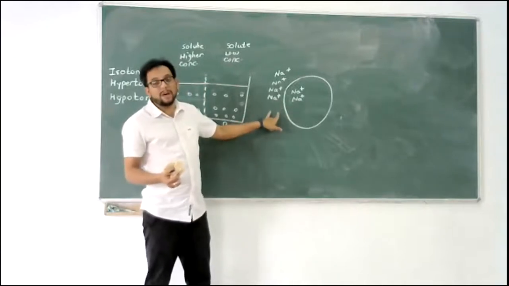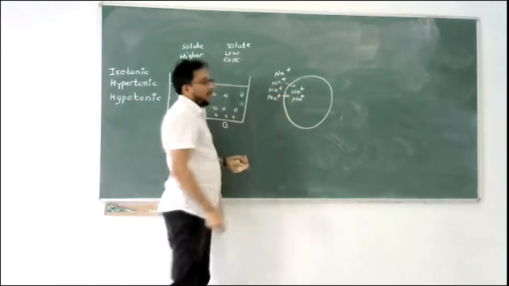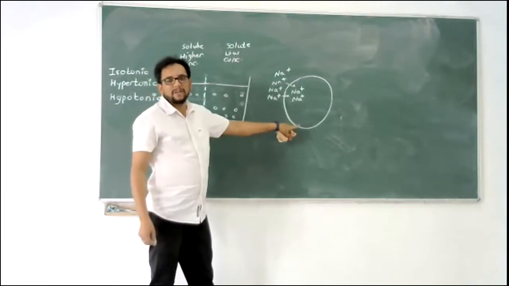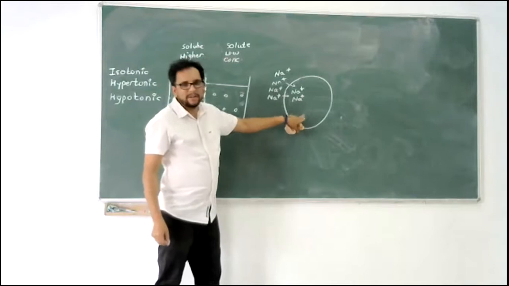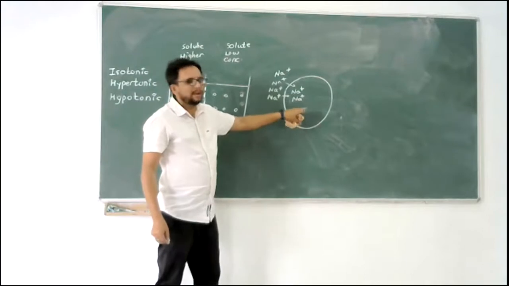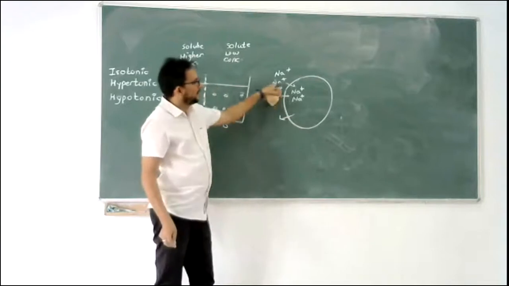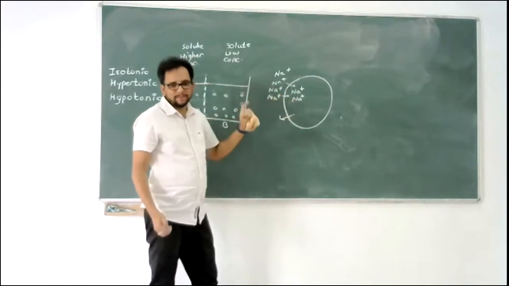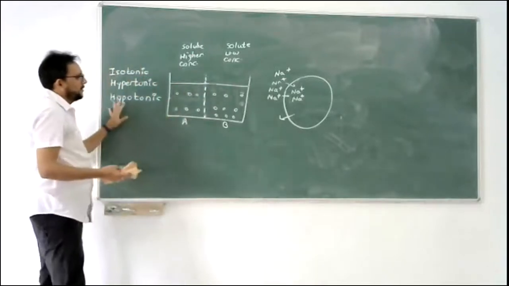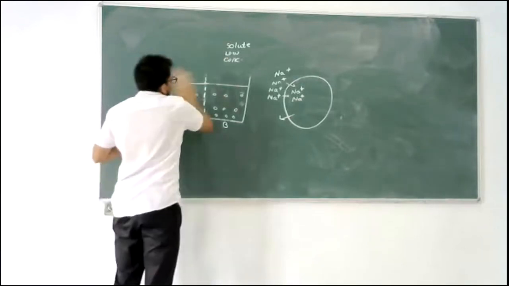If diffusion has to happen here, diffusion will happen inside the cell, right? If osmosis has to happen here, osmosis will happen in the reverse direction because the water will be more here with respect to the solute concentration. Because solute is less, so water will be more. That is from dilute solution, it will move outside. So that is your osmosis. This will be your diffusion process. Okay, so I hope the differences in all these aspects are clear to everyone. If there are any questions, please ask.